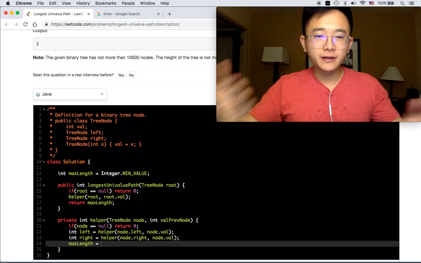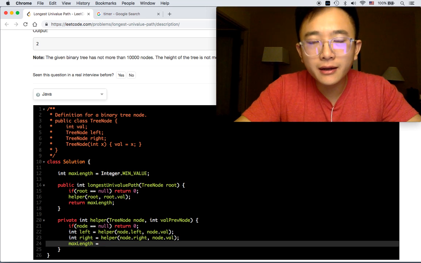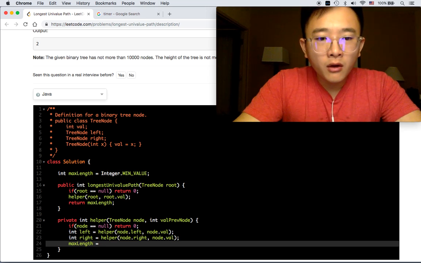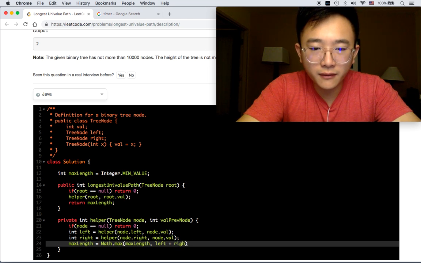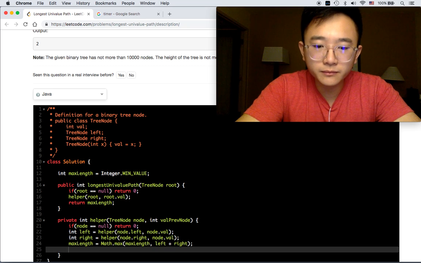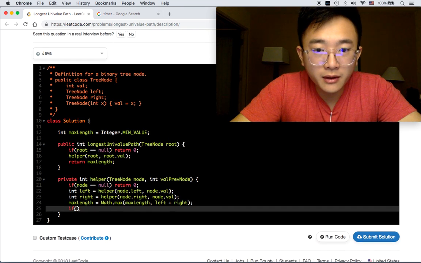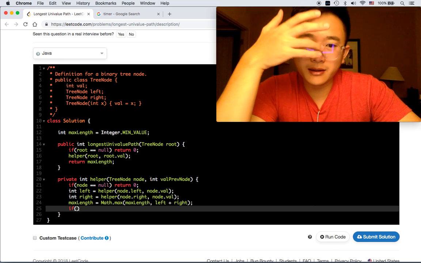Okay, so now you have the left and the right, and what you need to do is combine them and then compare to the max length, right? So you will have the max length compared to left plus right. If left plus right is bigger, we can compare it to max length, right? Now another thing is